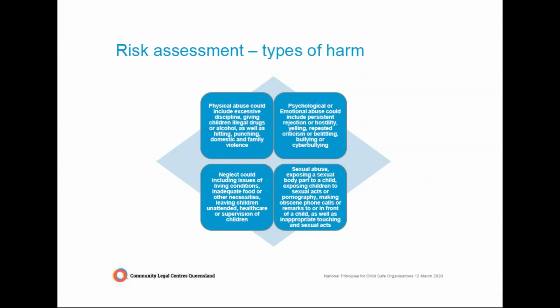Risks include incidental or accidental harm, physical abuse, psychological harm, neglect, and sexual abuse. As noted earlier, the national principles were expanded so as to encompass all forms of harm to children and young people, not just sexual abuse. Harm should be defined and understood with reference to physical, psychological, and emotional abuse or neglect, or sexual abuse or